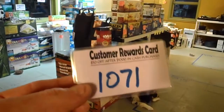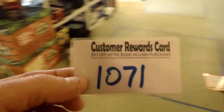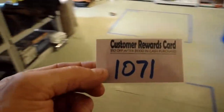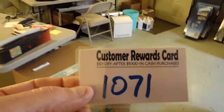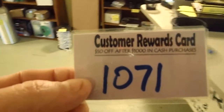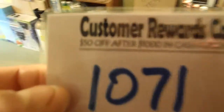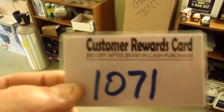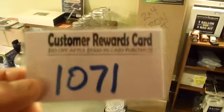Rewards card comes with other privileges too, and those privileges keep growing. To start, if you're a rewards member and you bring in another customer, right now, here in January or early 2012, we'll give that customer 10% off their first purchase. And it'll also add in towards their rewards. And then we'll give you 10% off your next purchase for referring a customer to us. So if you're already a rewards member or you become one, that's step number 1